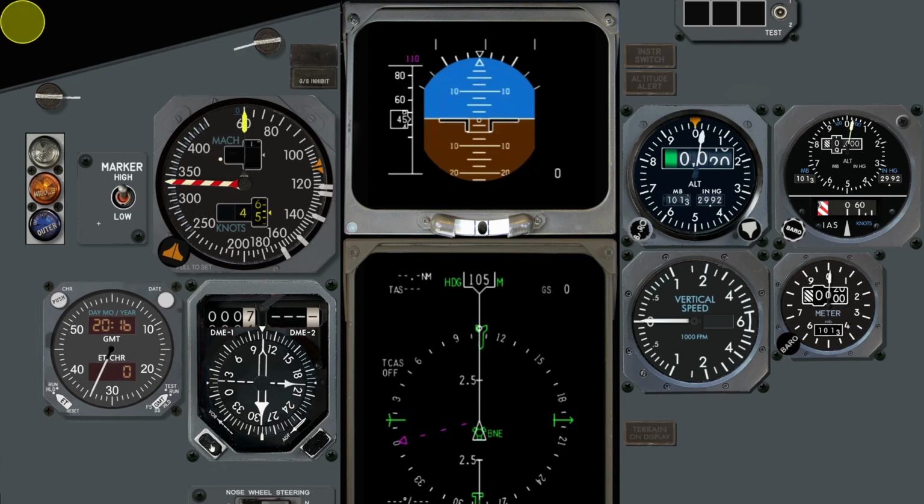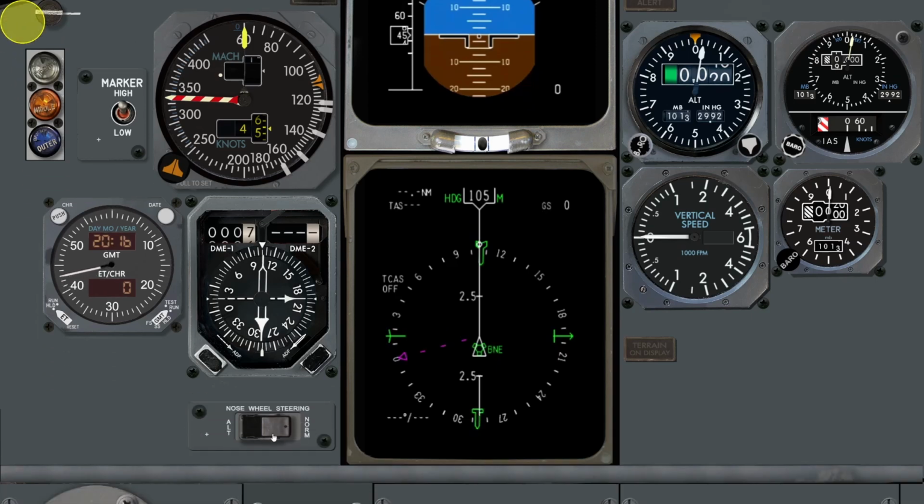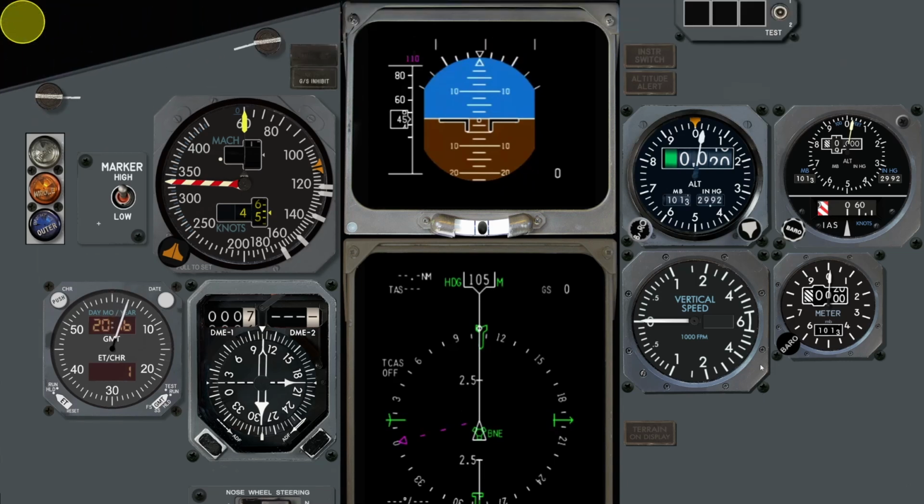So here we go. Just standard click. I use the knob sticks. To me, it's the easiest way to do it. Nose wheel steering is a dummy switch. It moves, but it doesn't do anything within the simulator. But it's there because it's standard fit on most 737 classics, not on the Lufthansa ones, I hasten to add, which is of course what IXEG has based